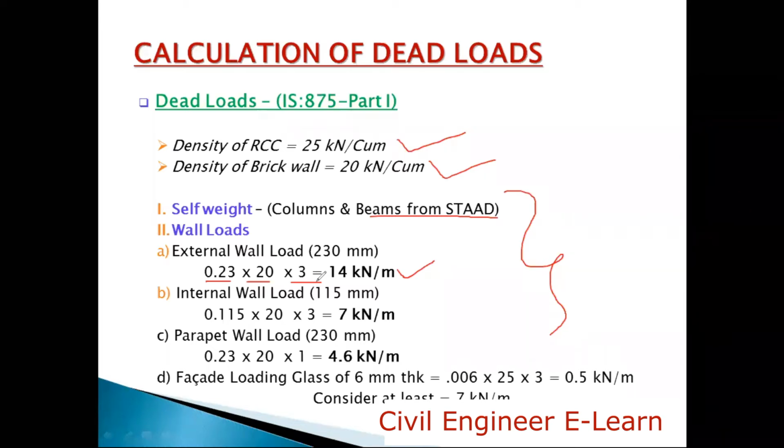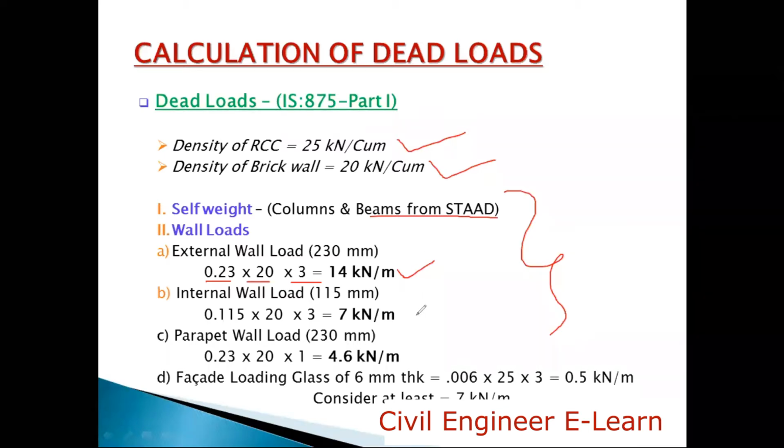In our case, we have a floor to floor height of 3.3 meters. However, since there is a depth of the beam, we don't need to straight away consider the clear height as 3.3 meters. I mean, top of the base slab to the top of the above slab distance here is 3.3 meters, but you can consider only 3 meters height as the brick wall. Because all the columns are connected with the beams, you can just deduct the depth of the beam also for arriving at this height of the wall. But most commonly, this would be the procedure for considering this external wall, that is 14 kN per meter.